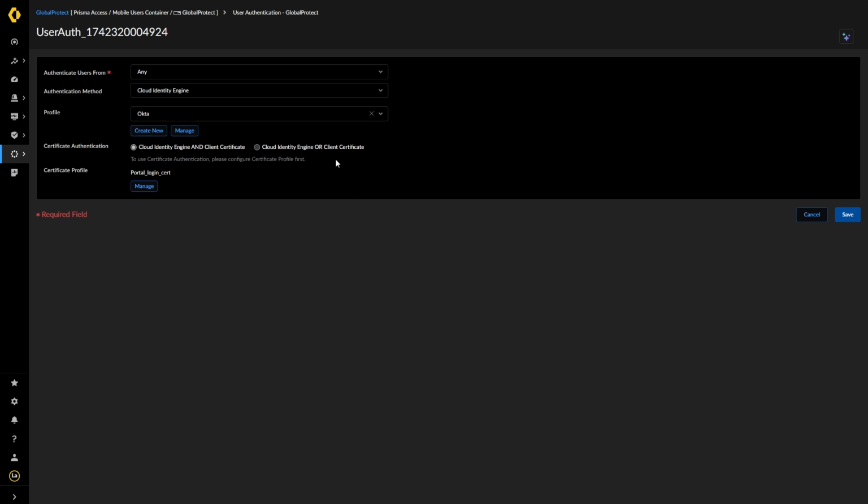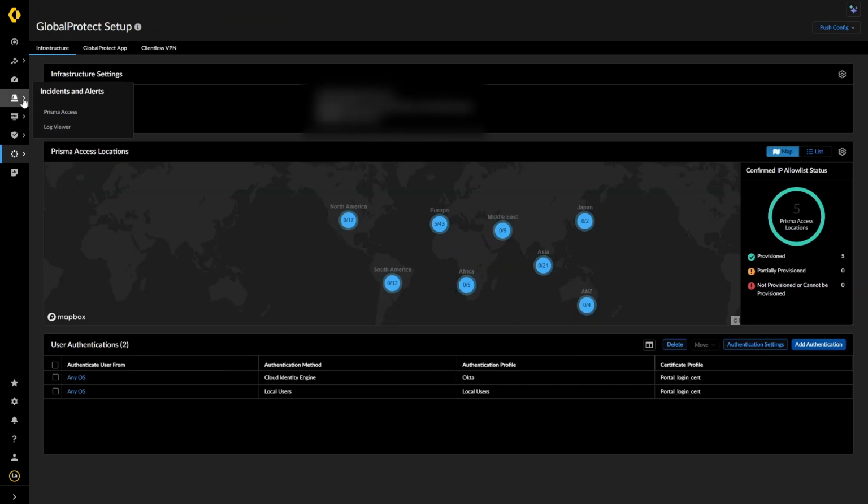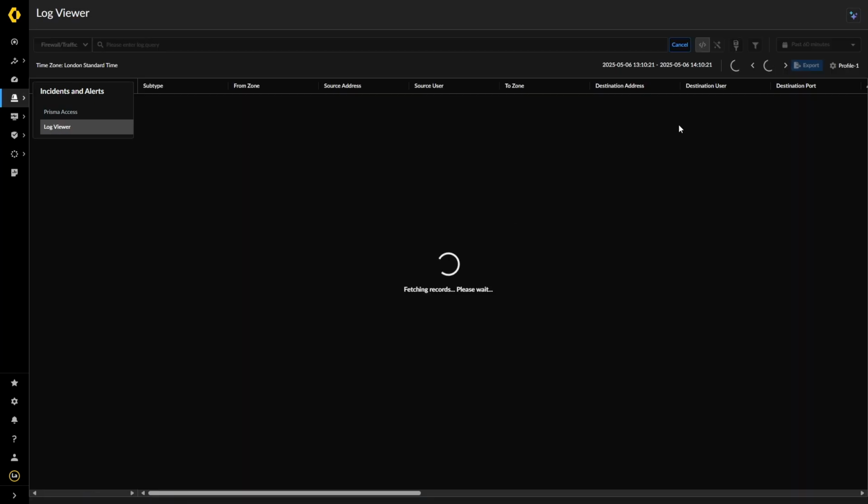So if it was or certificate, it would look for the certificate if the certificate profile is defined here, but it doesn't enforce it. That needs both. So that's one of the first ways they say to do it. So basically that now means that when we go back to my logs,